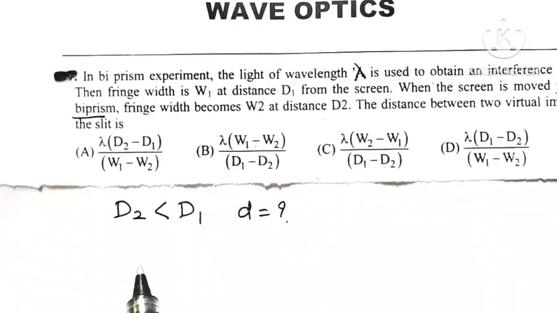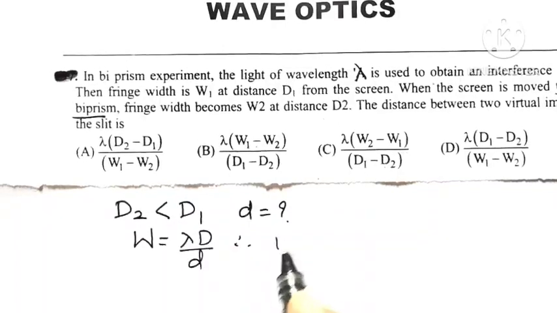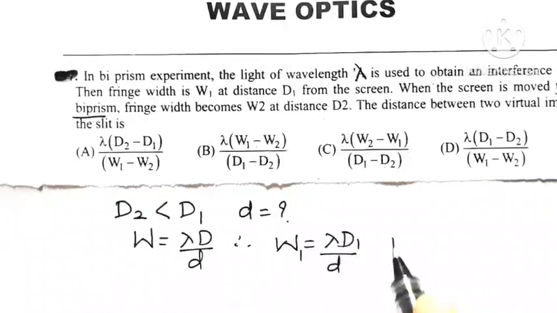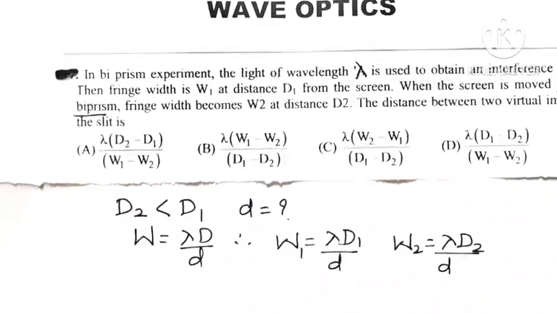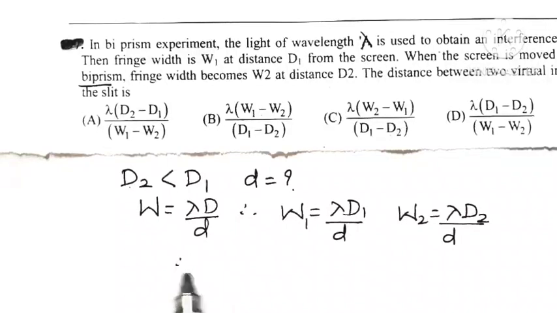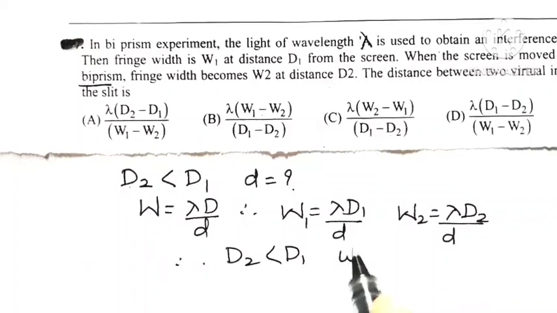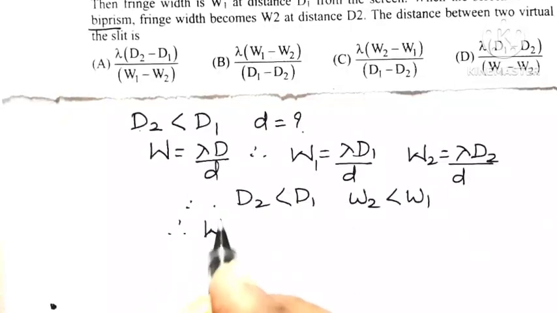As far as the fringe width is concerned, W is equal to lambda capital D divided by small d. So W1 is equal to lambda D1 divided by small d, and W2 is equal to lambda D2 divided by small d. As D2 is less than D1, it means W2 is less than W1. Therefore, W1 minus